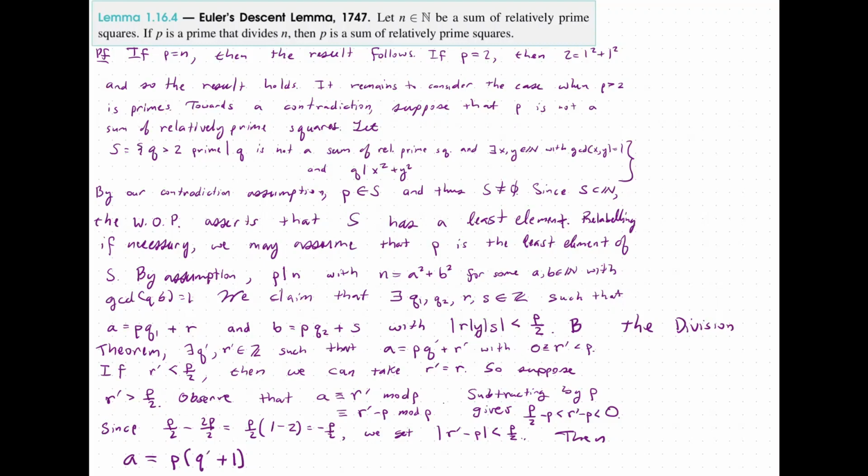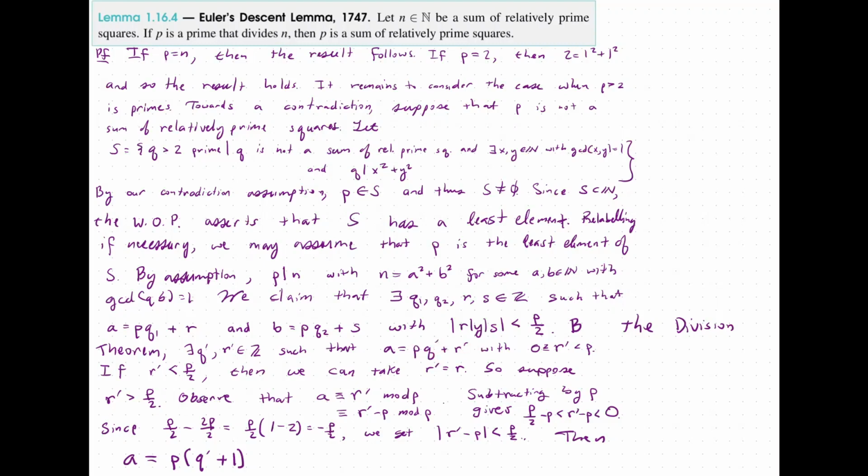So we're looking at our equation over here for A. A is equal to P Q prime plus R prime. So we want to subtract the P, but we're going to go ahead and add a P over here. So we're going to have P times Q prime plus P plus R prime minus P,